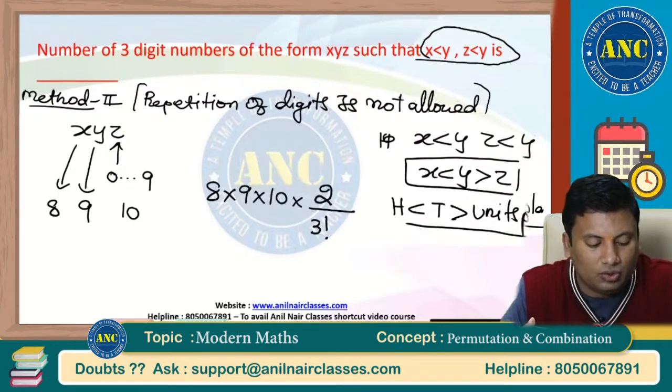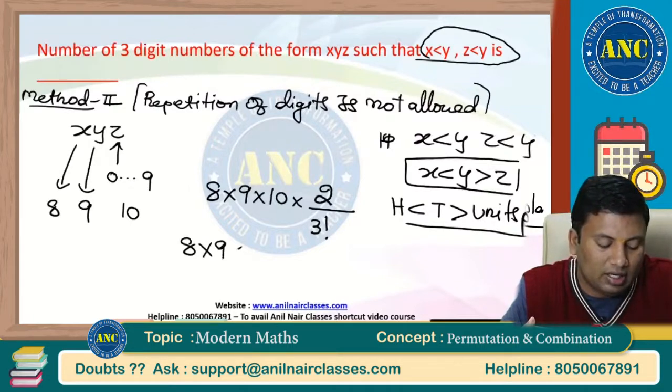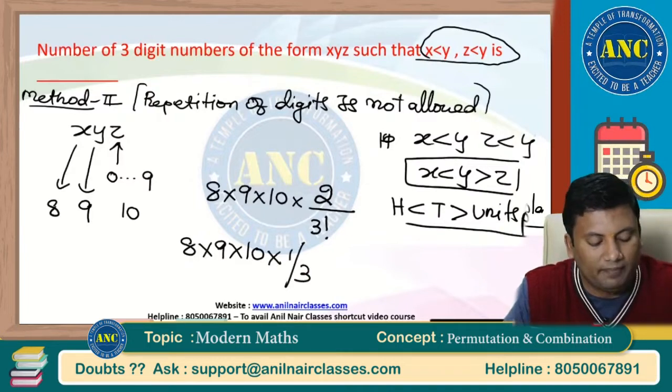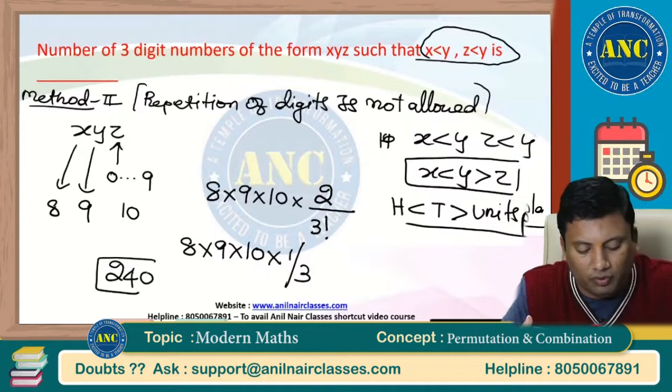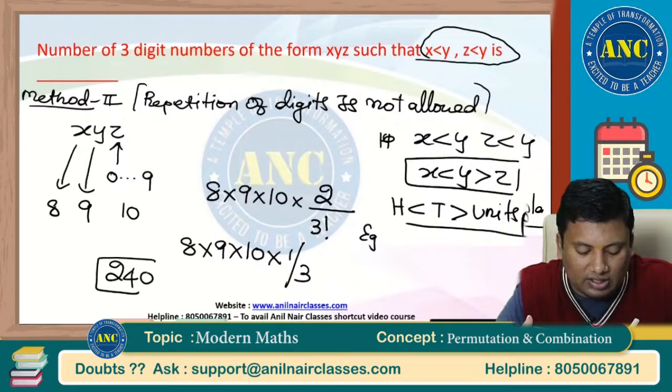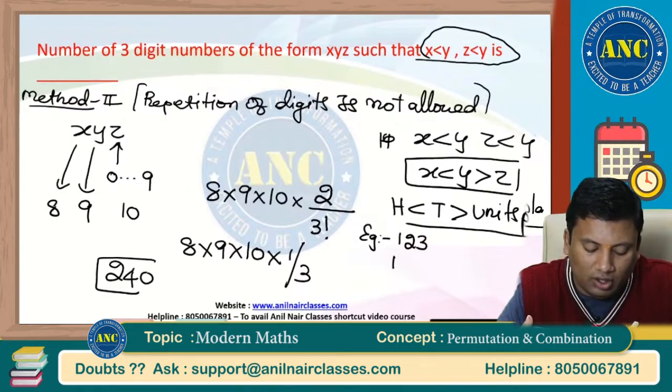There will be two cases. So it is nothing but 8 into 9 into 10 into 1 by 3, which is nothing but 240. Yesterday we discussed, suppose I take an example of 1, 2, 3: